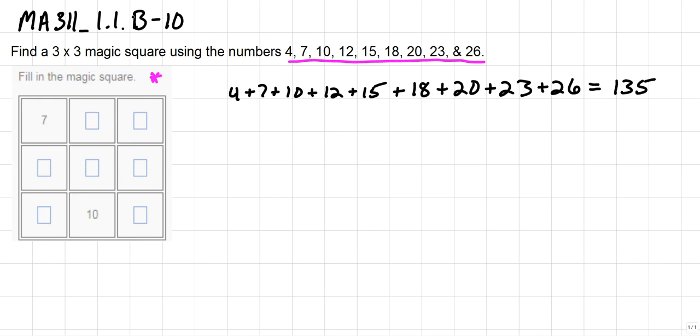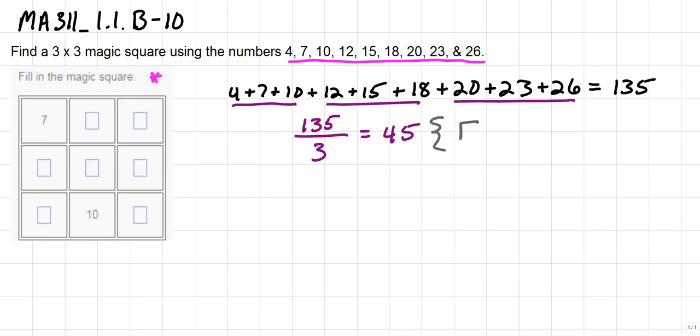Because remember, I'm using all 9 digits in the sum. So 135 divided by the number of rows, which will be 3, will be equal to 45. That means that this is the fixed sum of each row